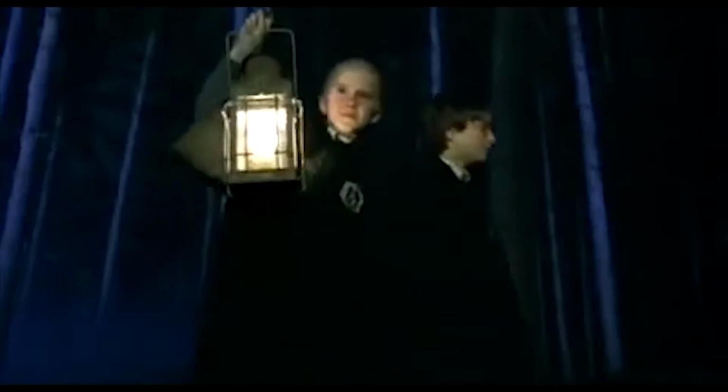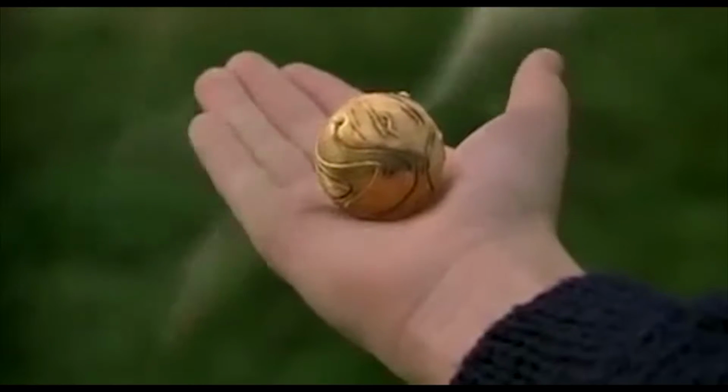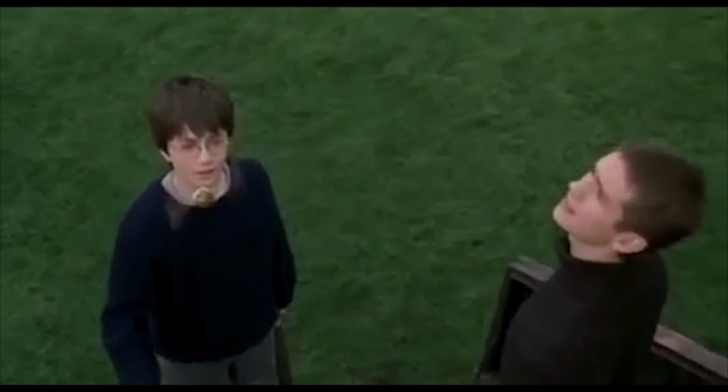First years should note that the Dark Forest is strictly forbidden, that no magic's to be used between the classes